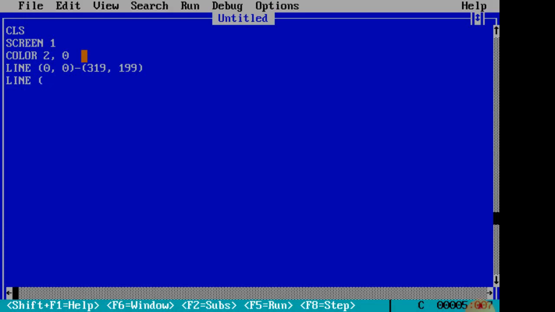Then again, you want to cross that line, so we start from 319, that will be the end of the point, and this time we mention 0 as the column and 199 as the row, and 0 was the starting of the rows, and then it will make a cross sign.